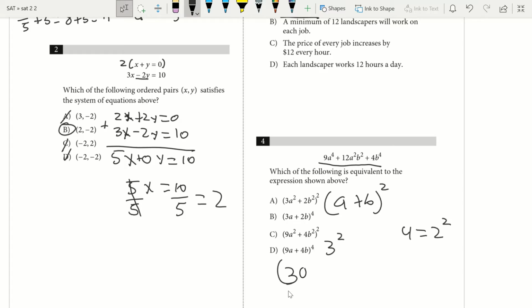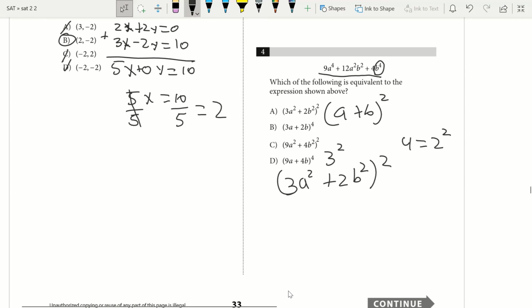So now, if we look at what our (a plus b) squared would be, we would have 3A squared, and then we would have plus 2, and then B is to the 4th, but since we're squaring this, B would be squared. So we would have 3A squared plus 2B squared, and I can show you how that is correct, because when we do 3A squared plus 2B squared